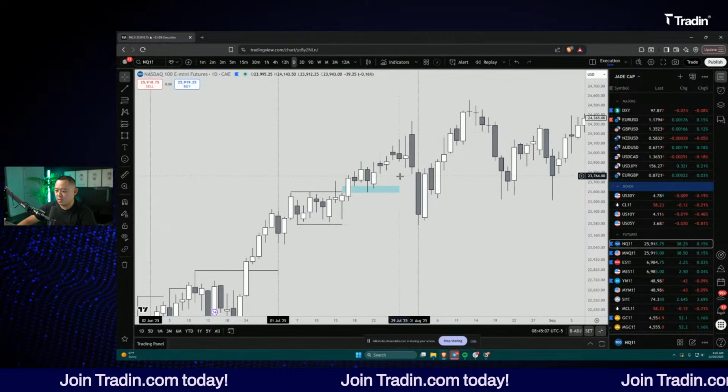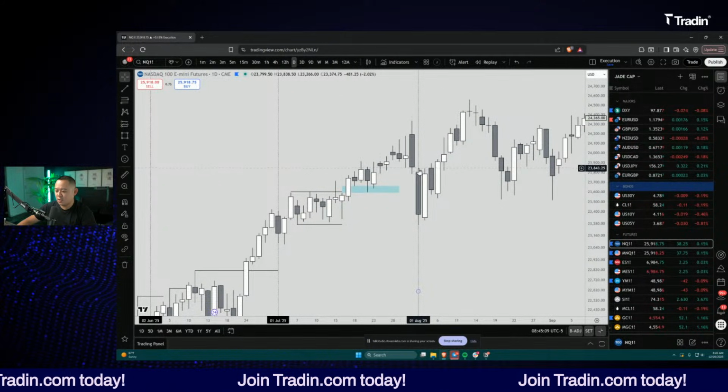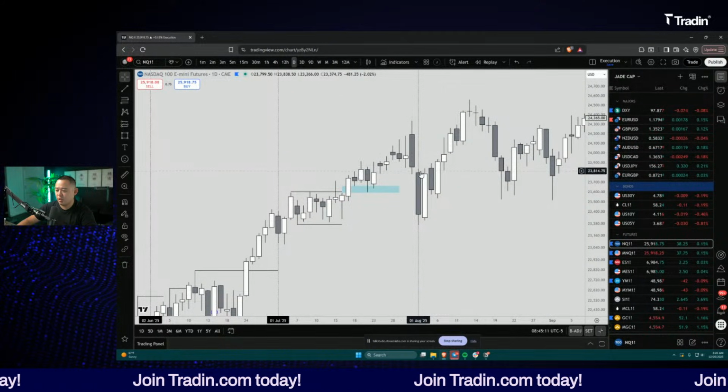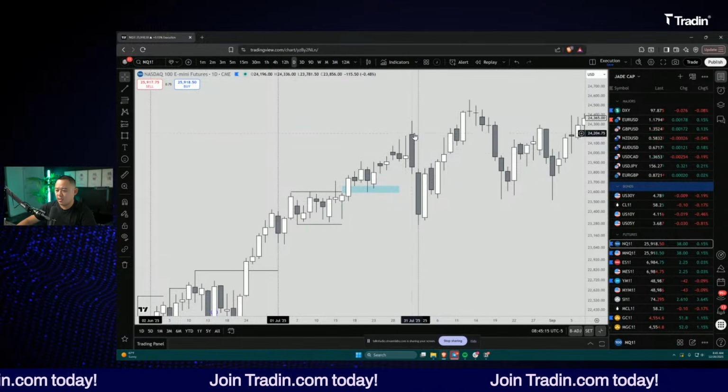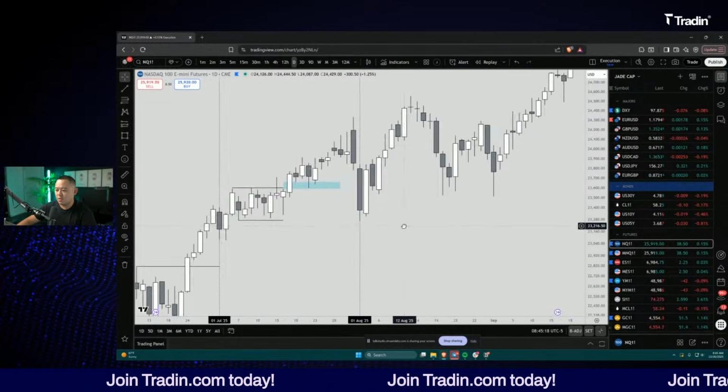Obviously, leading up to the end of the month, you have to be very cautious, because at the end of the month people are trimming their positions. They're not holding through monthly rollovers. They're usually trying to take their profit for the month and then position themselves again for the following month.